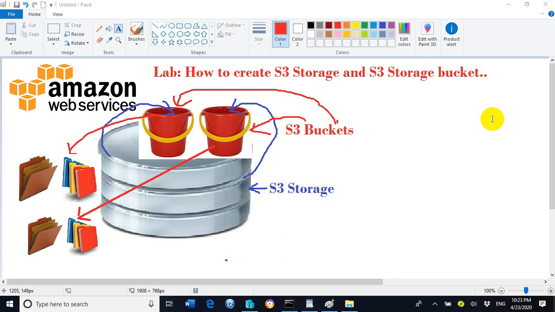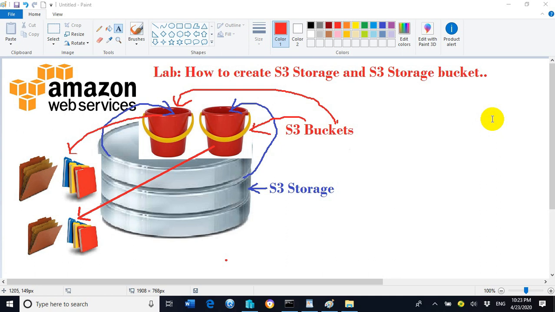We can create up to 100 buckets in one S3 storage. If we want to create more than 100 buckets, then we need to send a request to the AWS Amazon team. Then after approval we can create more than the limit of 100 buckets.